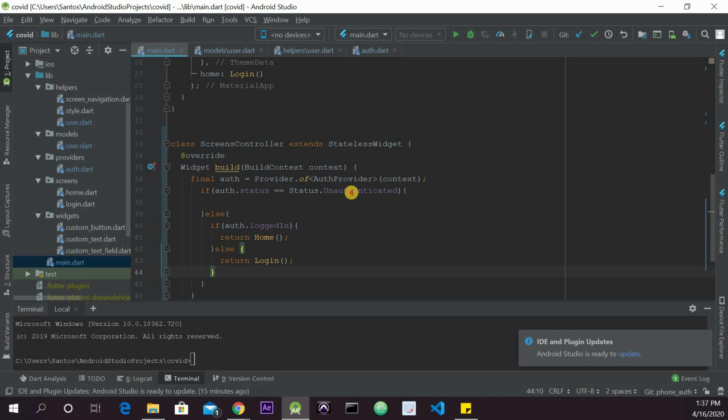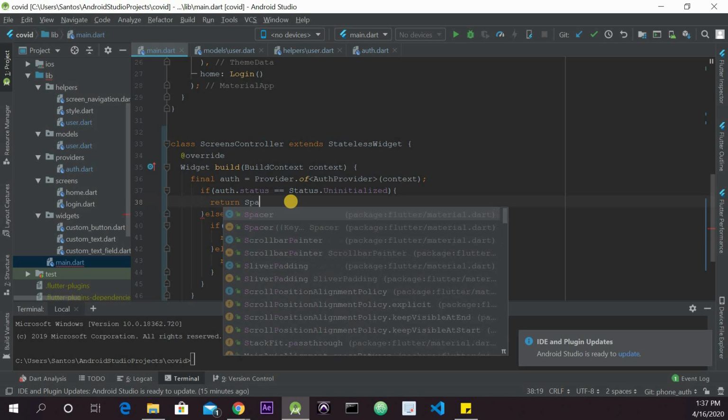As a matter of fact, here should be uninitialized. And when we are doing uninitialized, we are going to return, we'll call it splash,